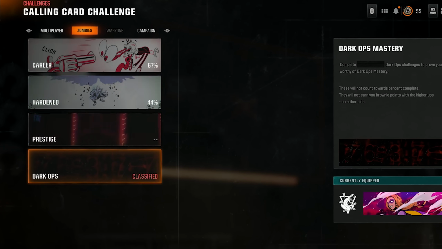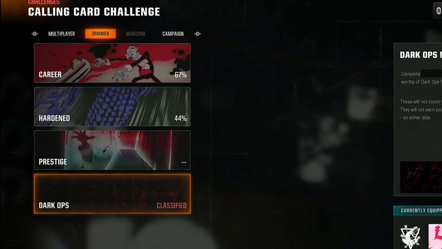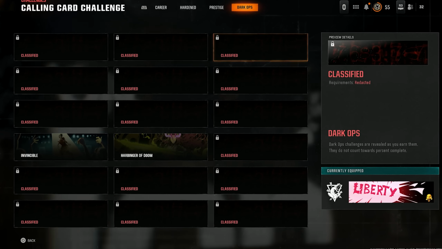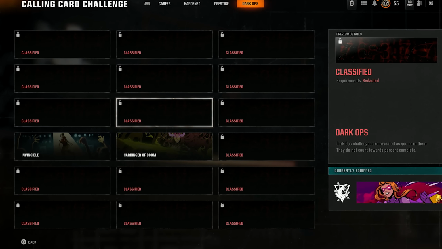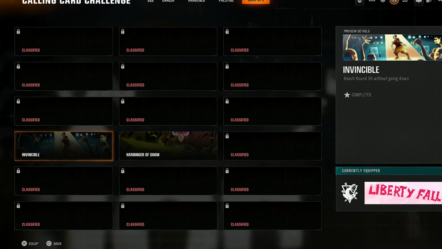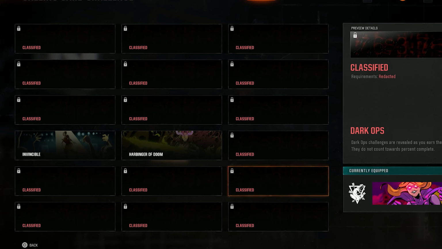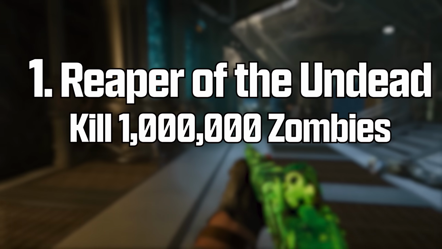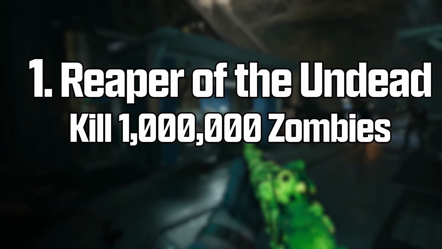In this video, I'm going to explain how you can unlock all 18 Dark Ops challenges in Black Ops 6 Zombies. These are some of the hardest challenges to complete within Zombies, and if after watching this video you still want additional help and guidance on each specific Dark Ops challenge, then I have an ultimate guide that you can use down below. The first Dark Ops challenge is called Reaper of the Undead, which is to kill 1 million